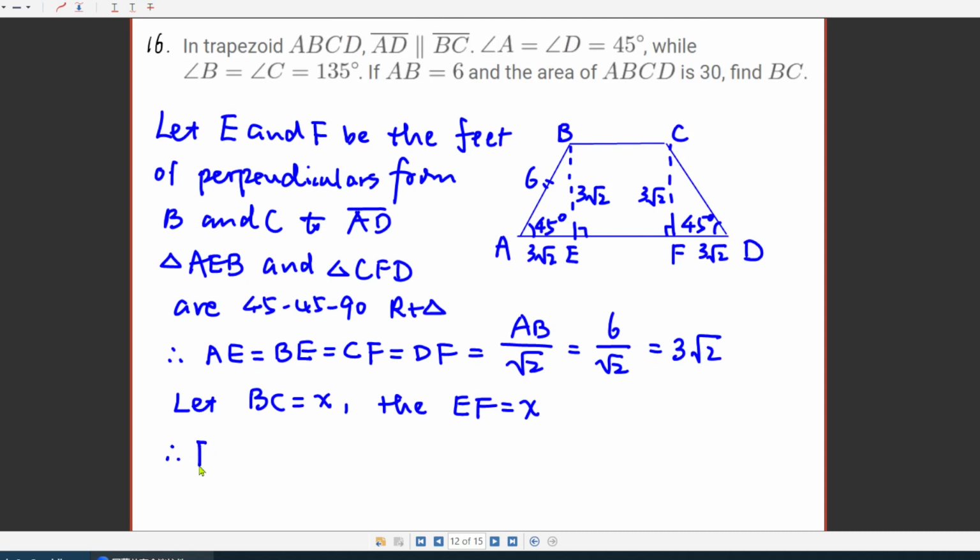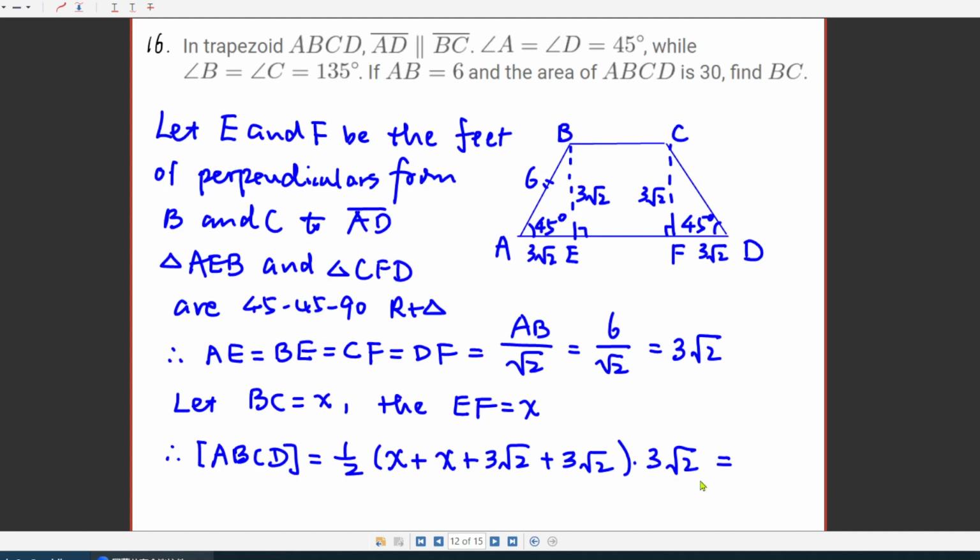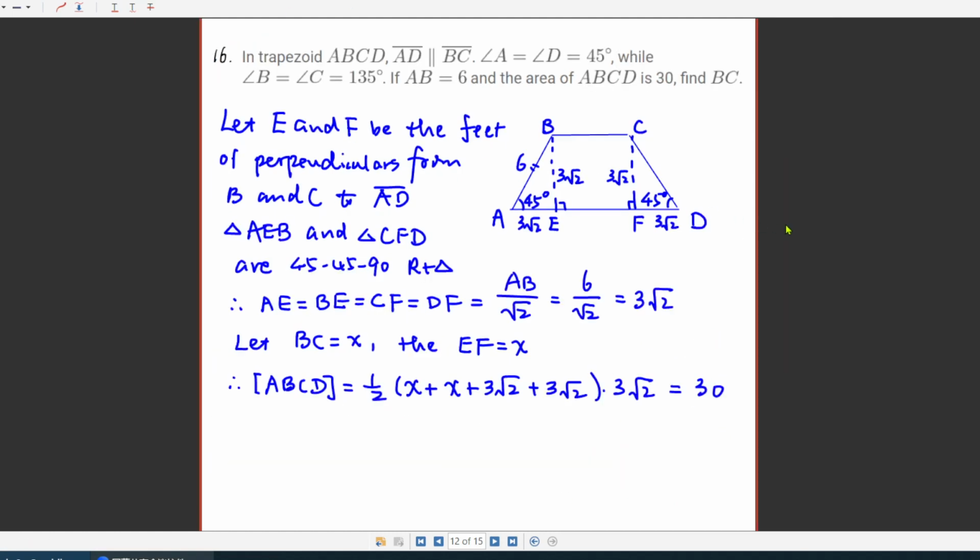Then we know the area of the trapezoid ABCD is calculated by 1/2 of the sum of the first base plus the second base, plus 3 square root 2 plus 3 square root 2, right? Times the height, which is another 3 square root 2. And the area is given here, which is 30. Therefore, we have an equation in terms of x,